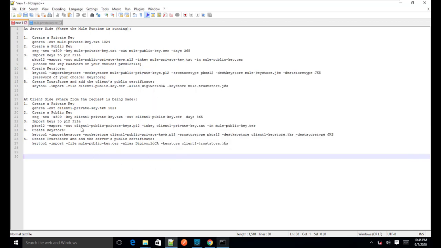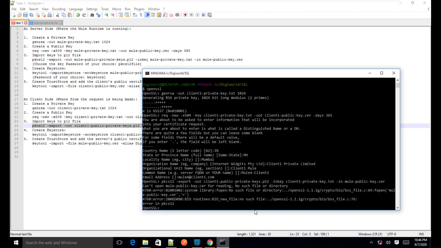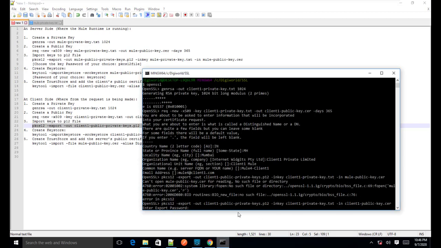Let's see what the actual issue is. This is a different value, so we need to refer to this certificate. This will be the actual value here. So I'll run this command once again. During the copy there was a typo, so this time it should work. As you can see, it is working.